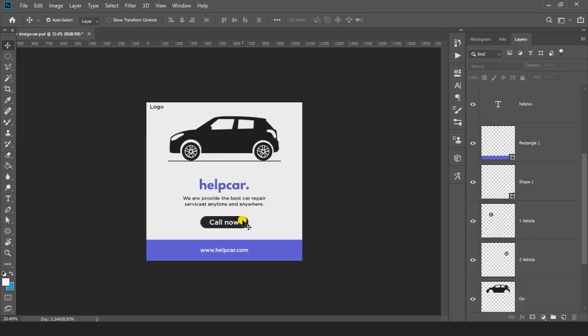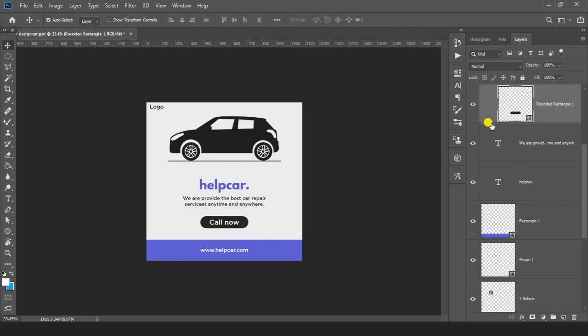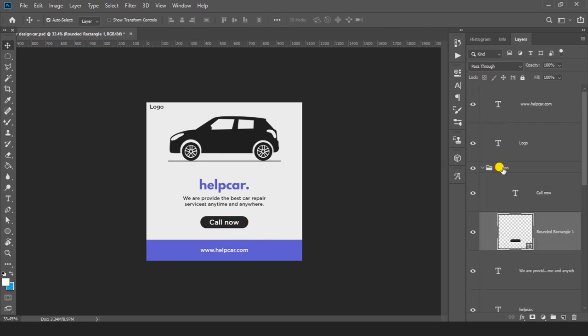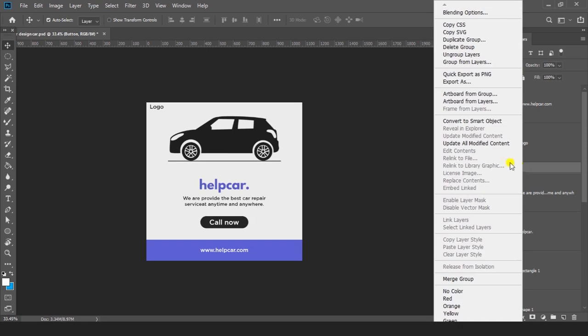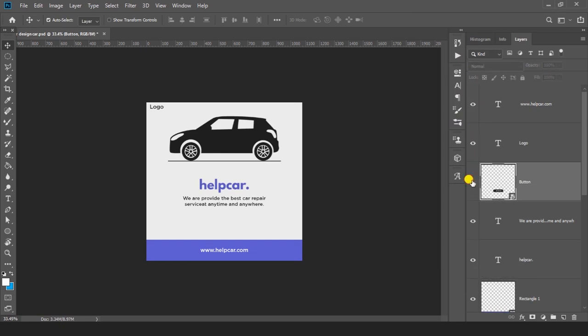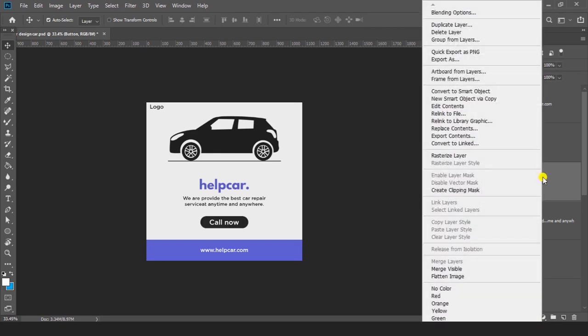And now select this button and this is my group. So now we have to merge this group. Right click on it and click on convert to smart object, and again right click on it and click rasterize layer.